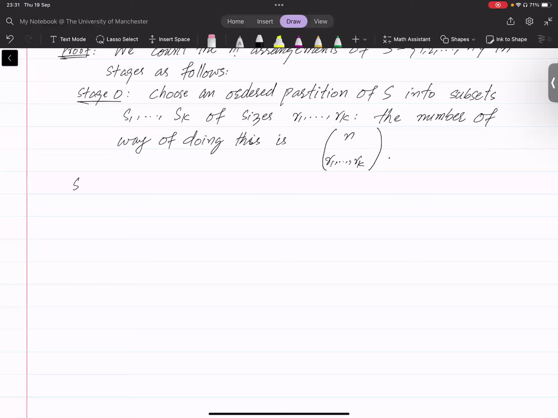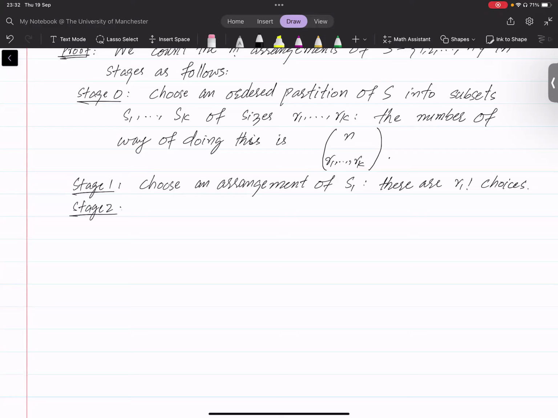Now, stage 1, choose an arrangement of S1. There are R1 factorial choices. Stage 2, choose an arrangement of the set S2, and there are R2 factorial choices,